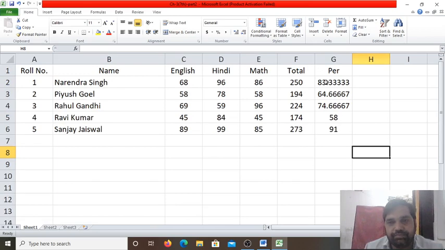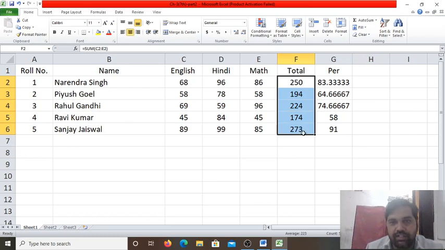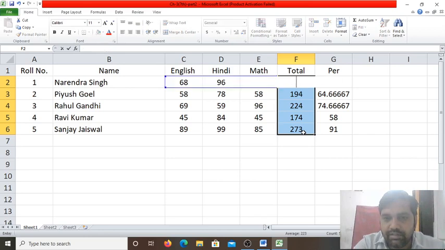Suppose I want to add this. Let me delete this column. Now I will select this entire column and delete its values.